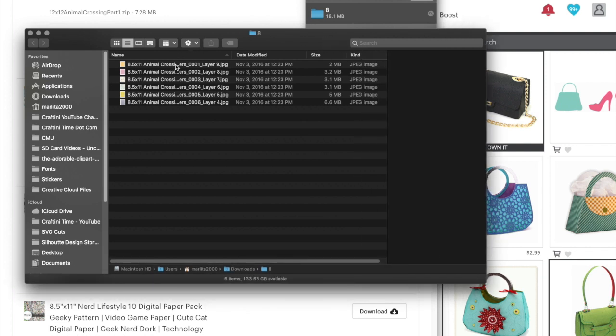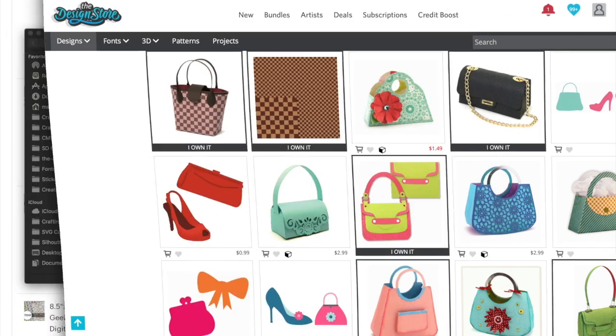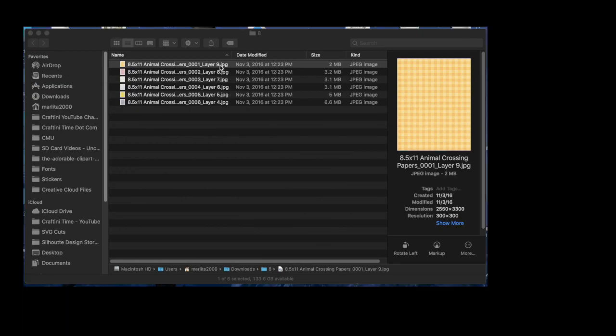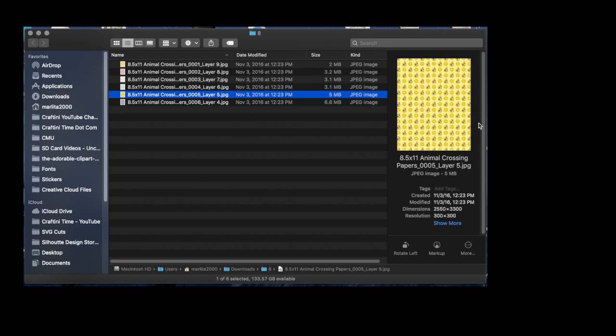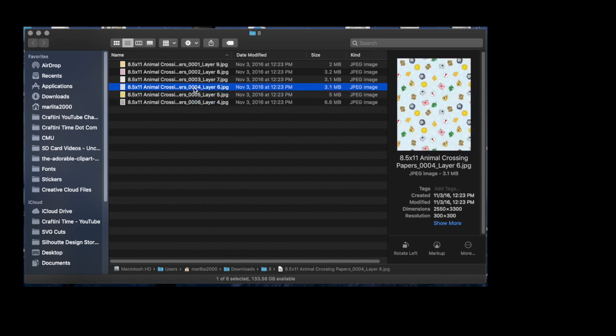Now this is going to be different for everyone based on what you purchase if you're going to Etsy to purchase. So here it'll give you a preview on the side. Again, I'm using a Mac, so this is what mine shows. It will show you on the side here a preview. Here's a preview of what was included in one of the downloads. These are the little icons that are in the game, different backgrounds, same icons, other icons that are in the game, and other icons. So I think I'm gonna go with